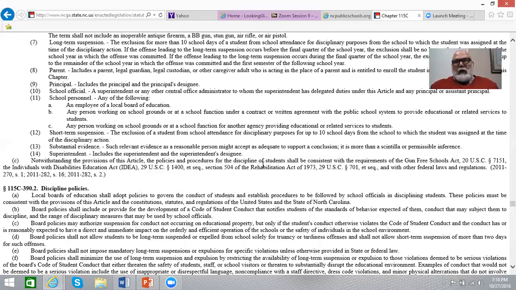That's not true. If a child shows a pattern, on the third incident showing a pattern, you must move to a manifestation determination, regardless of the number of days that the kid's been suspended. You don't get 10 days in or out of school if the kid's doing the same thing over and over again. Let me be clear here.